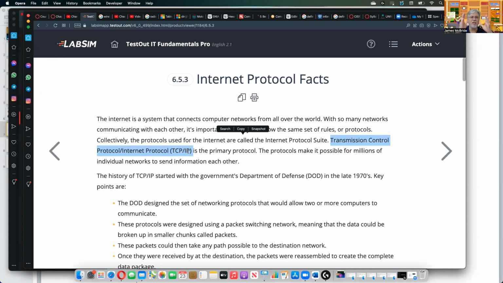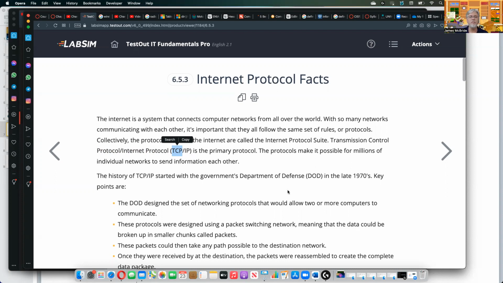IPv4 and IPv6 would fit right here on the IP side of that. And the TCP is a totally different thing. I think that this should be called Transmission Control Protocol, User Datagram Protocol, Internet Protocol. So I'd put Transmission Control Protocol dash User Datagram Protocol slash Internet Protocol, and you'll see why as we go